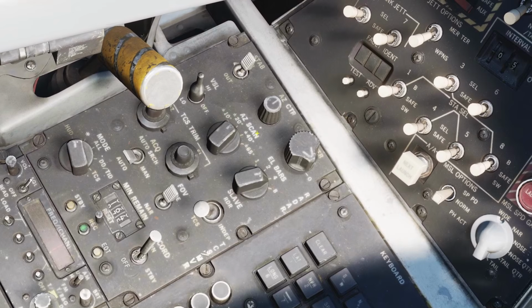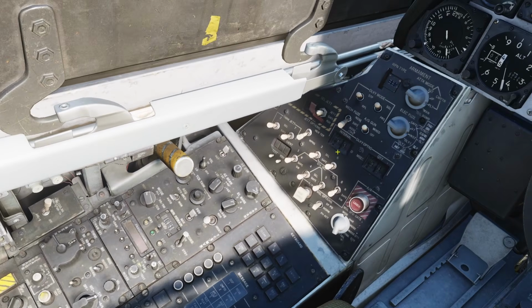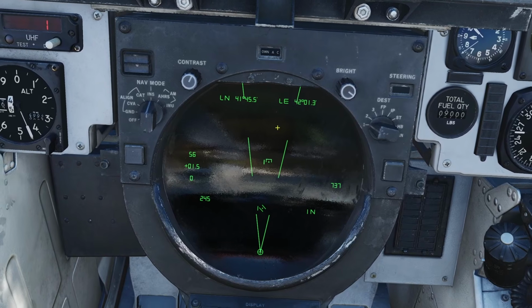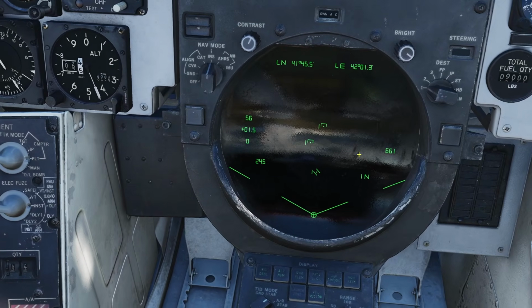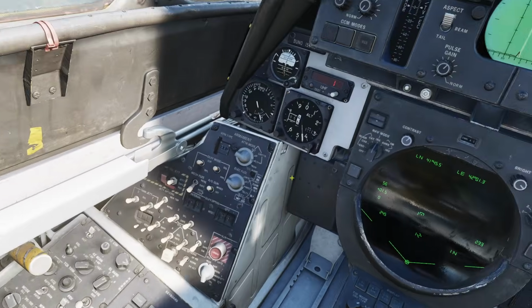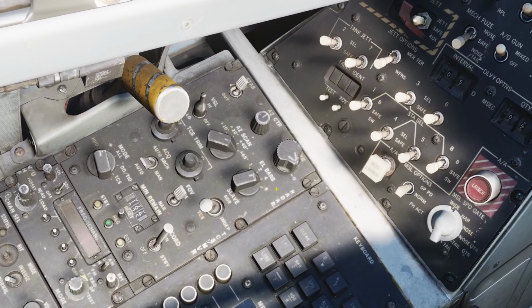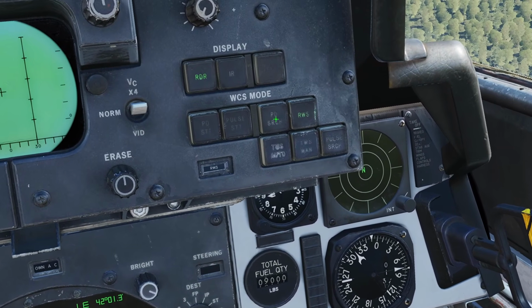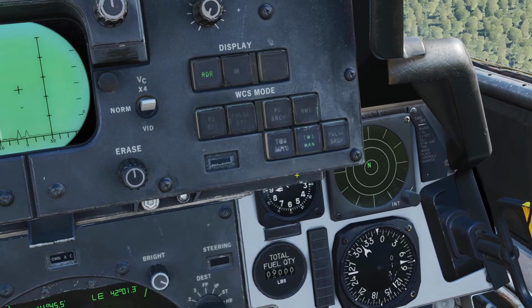Then there's the azimuth scan switch. This adjusts how wide it scans back and forth. You can set it from 10 degrees, that will be a very narrow scan, and you can set it all the way up to 65 degrees back and forth. Now keep in mind, the azimuth scan and the elevation bars settings are mainly for the different modes like RWS and PD search, but if you are in track while scan,